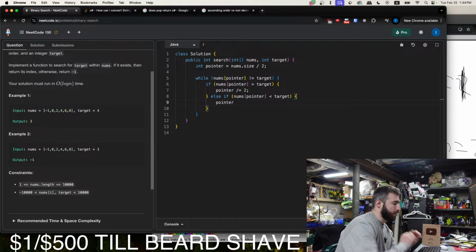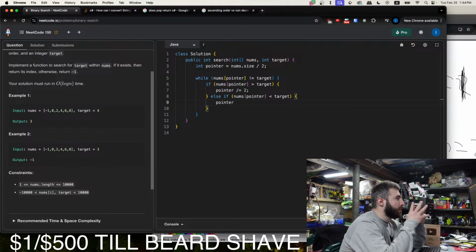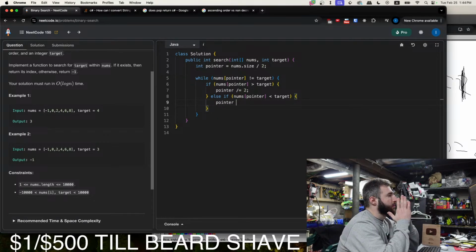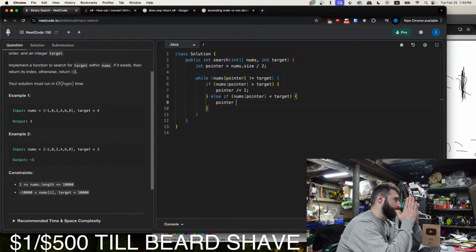Wait, I don't think we want to multiply by 2, because that'll bring us all the way to the end. We start in the middle. If it's less than target, we want to go in the middle again of that. So what is that?